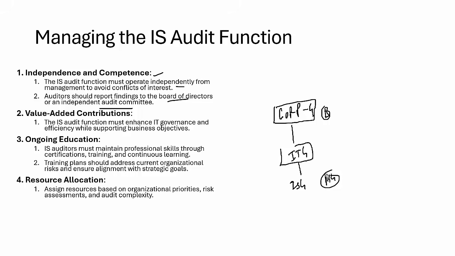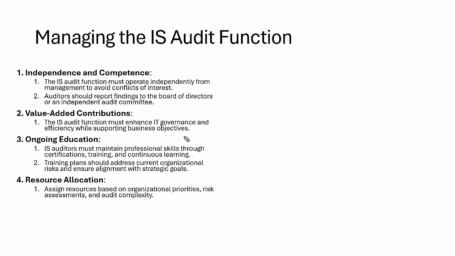So as an IS audit function, the core role is to enhance IT governance, because by doing an IT audit, they are able to improve IT. And ultimately by improving IT, they are supporting the business objective. Let's say, for example, you might get a question: you have 7 audits for this year, how do you prioritize? You will see which audit is aligned with the business objective. Okay, I have to audit this system this year because we are having some major business transformation next year. So that's why we have to audit this. So you can prioritize based on the business objective. So, you're getting the point. That's how it needs to be prioritized.